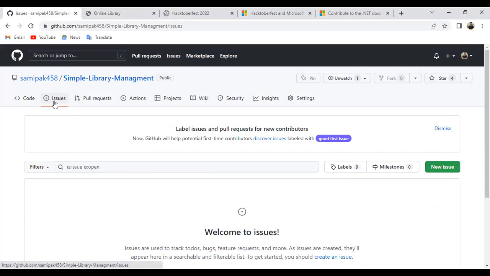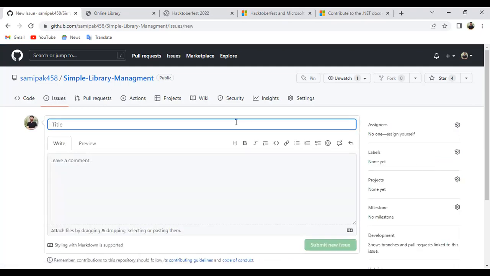By clicking on issues, you will go to the issues page, create a new issue, and give it a header. I want to improve the design of the web page.